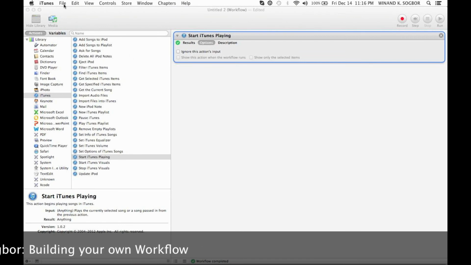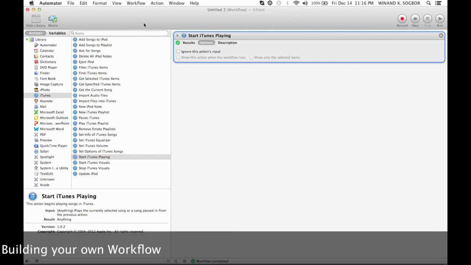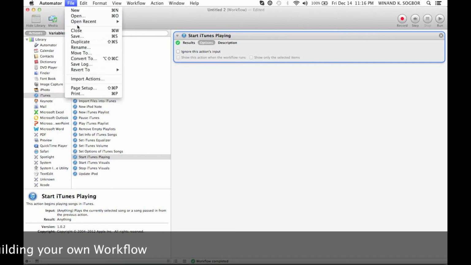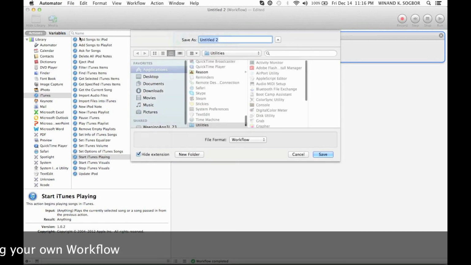Now I'm going to save this workflow and use it later on. Playing iTunes. I'm going to save it in the